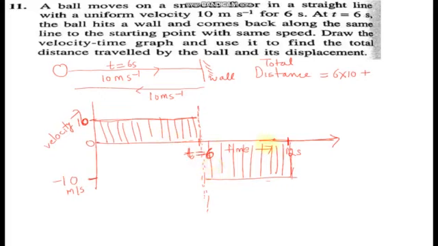Now similarly, this is also a rectangle. What is its length? It is from t is equal to 6 to t is equal to 12, that is 6. And what about this? This is 0 to 10. So the distance is 10. So hence it comes out to be 120 meter. Why have we not written negative 10 here? Because we are finding distance, and for distance we only take the units and not the signs.